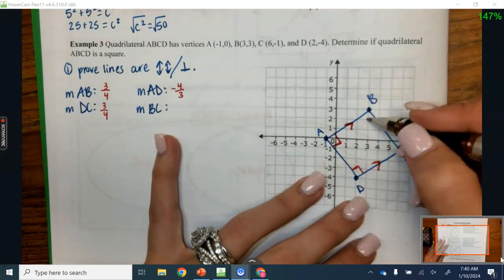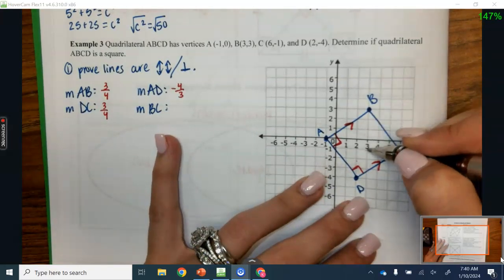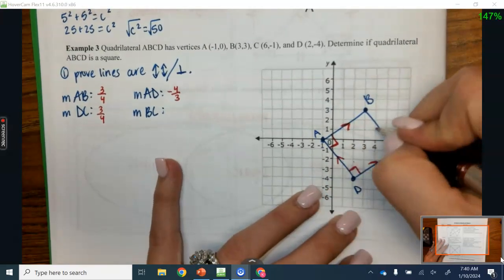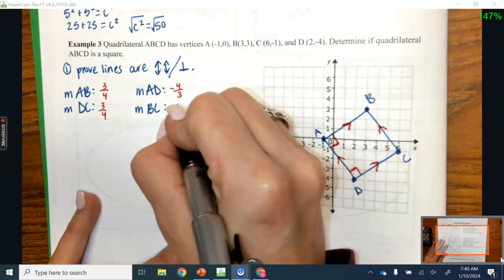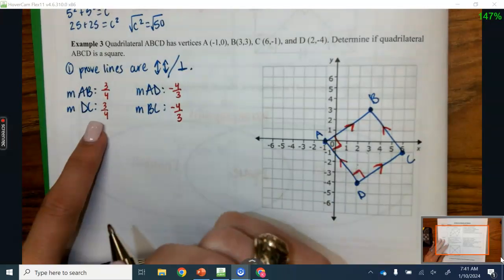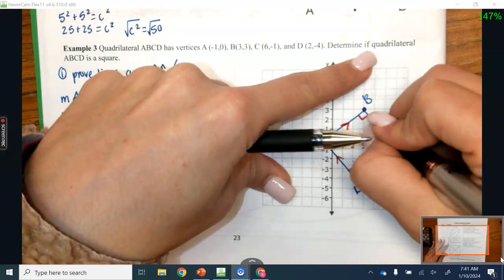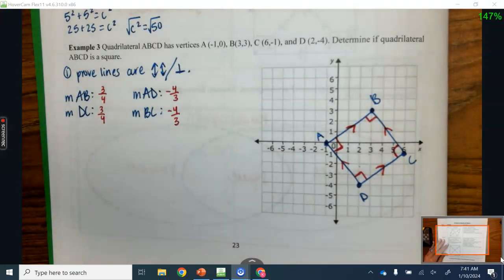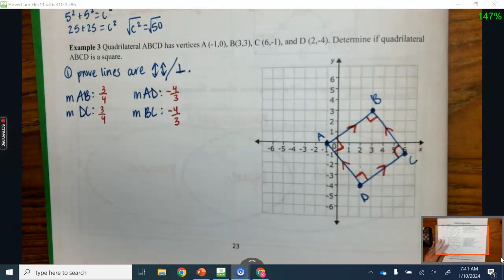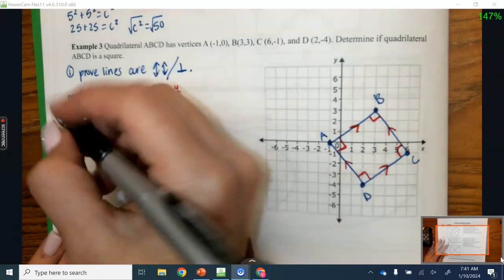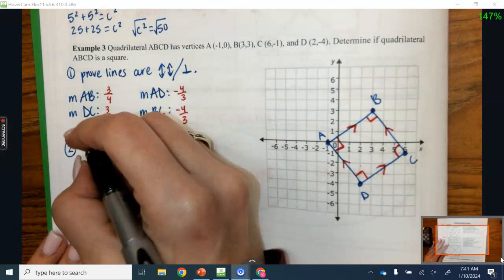BC, I go down 1, 2, 3, 4, to the right 1, 2, 3. So that is parallel to AD, and it's an opposite reciprocal to 3/4, making it perpendicular over here and over here. So we have our 4 right angles. We for sure know that this is a rectangle at least, right? But I also know that squares have congruent sides. So I'm going to prove